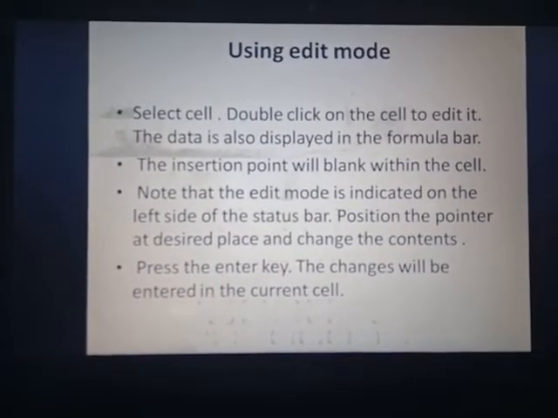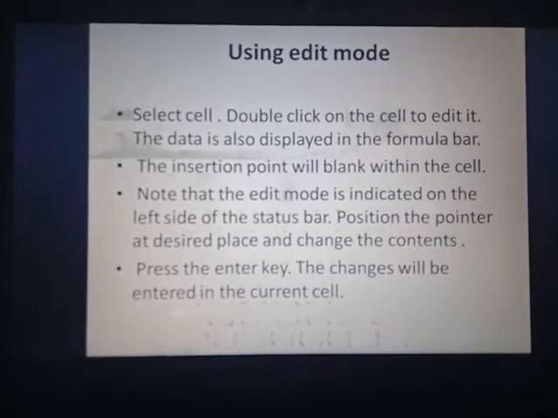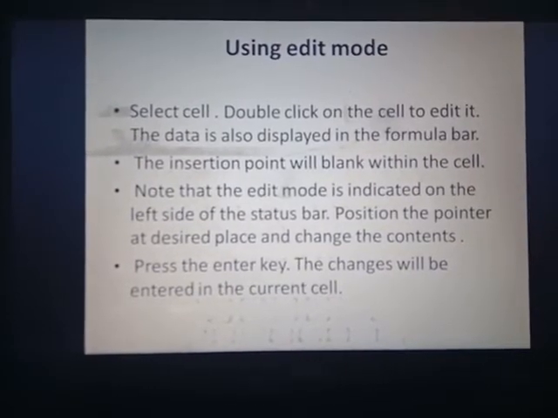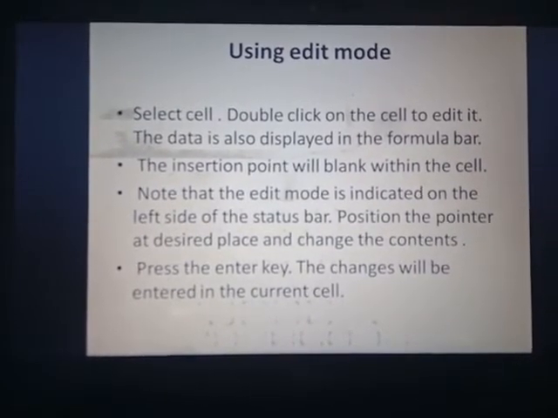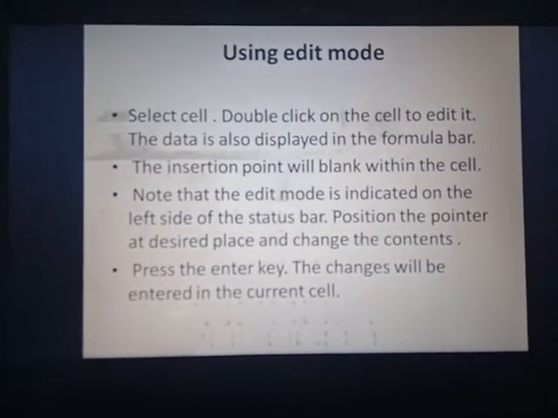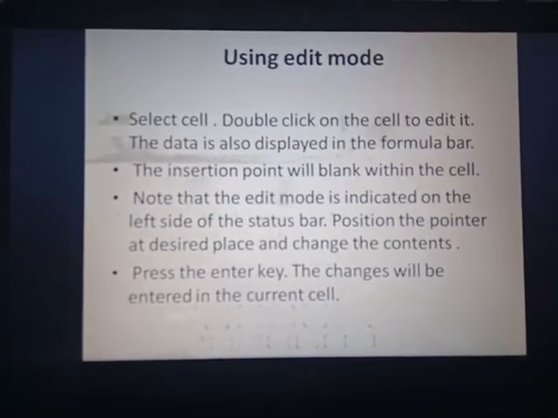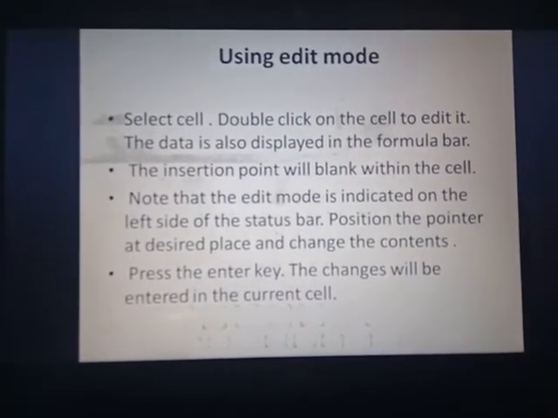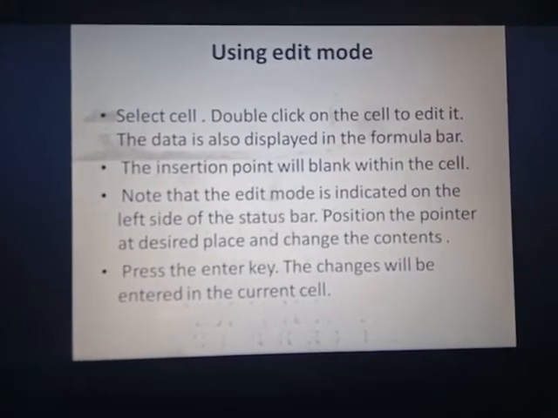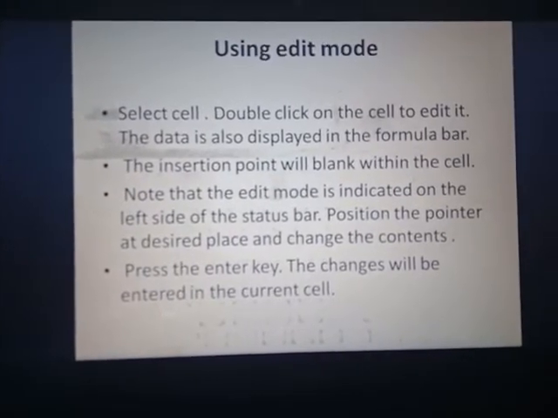Position the pointer at the desired place and change the content. We can position our cursor, and the particular data we can edit by backspace or by delete. You can delete that particular data, and after that you can replace it with your new content. Press the enter key, and the change will enter in the current cell. Like we have entered the data in the new sheet, in a similar way we have to double click the cell contents,